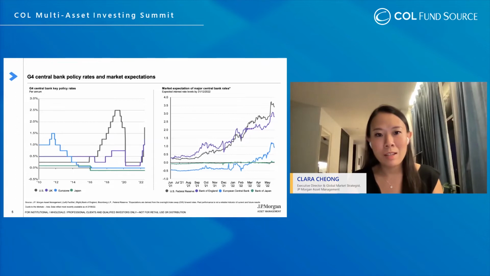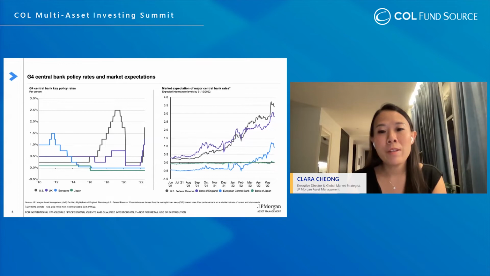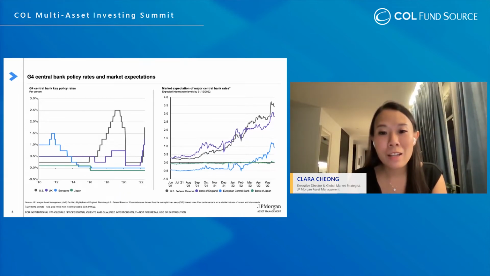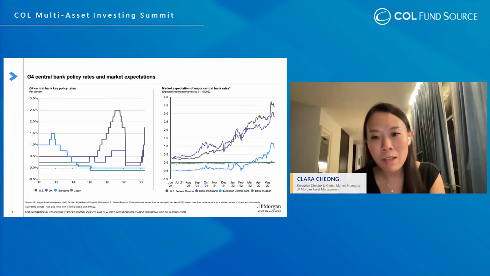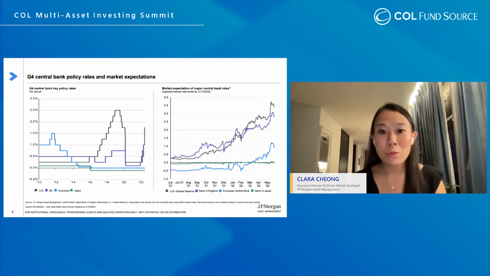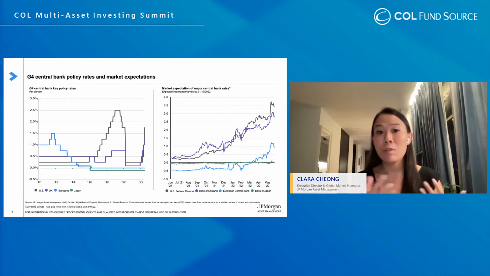And if you look on the right-hand side, what's the good news? The good news is that there is a good amount of runway that is being laid out by the markets, and central banks are very unlikely to be able to tighten above market expectations, given that if you look at the gray line, which reflects market expectations for the Fed funds rate at the end of 2022, it's already at 3.5%. So given that the market already expects an aggressive Fed, and while the next CPI print will still be the determining factor and push expectations either one way or the other, the path forward for the Fed definitely looks a lot more aggressive now than it was 3 to 6 months ago.